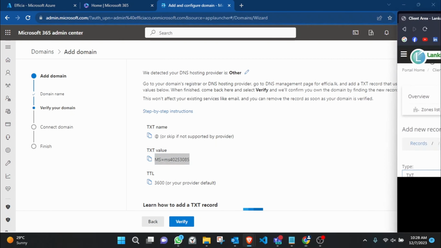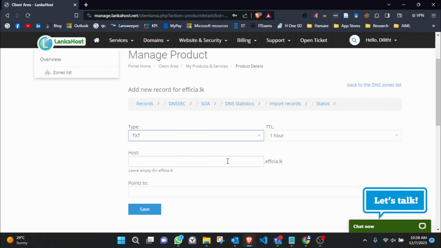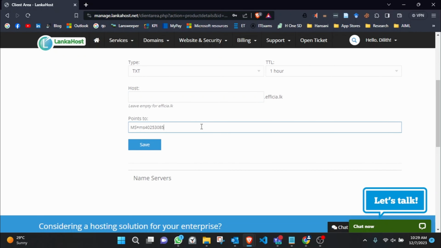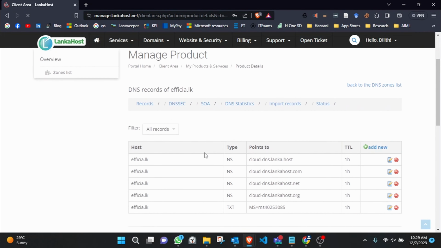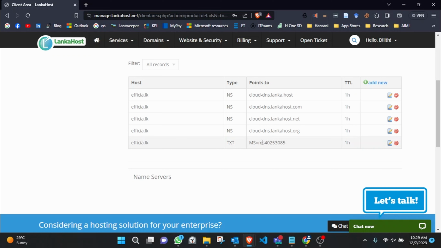Right, and then you can paste it and then you can save it. You can leave the host empty because you are adding it to the domain. Once it's added, it will be recorded up here.